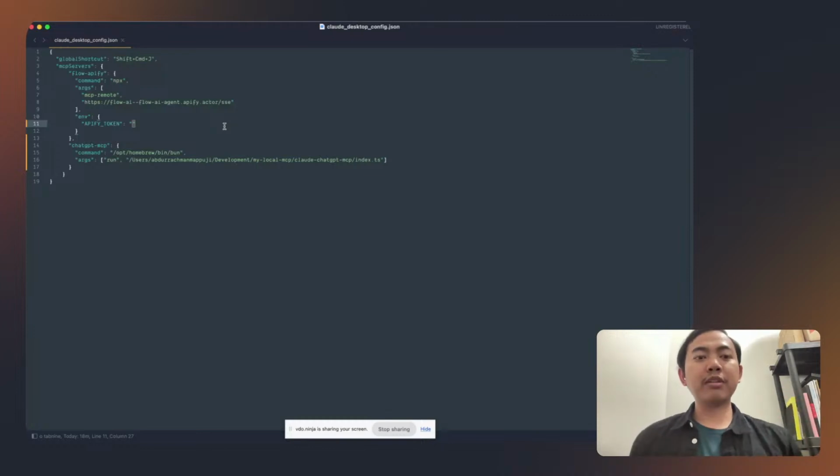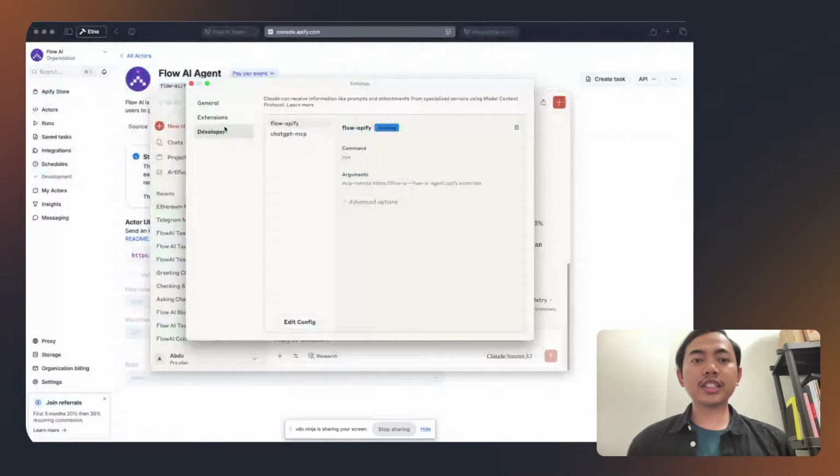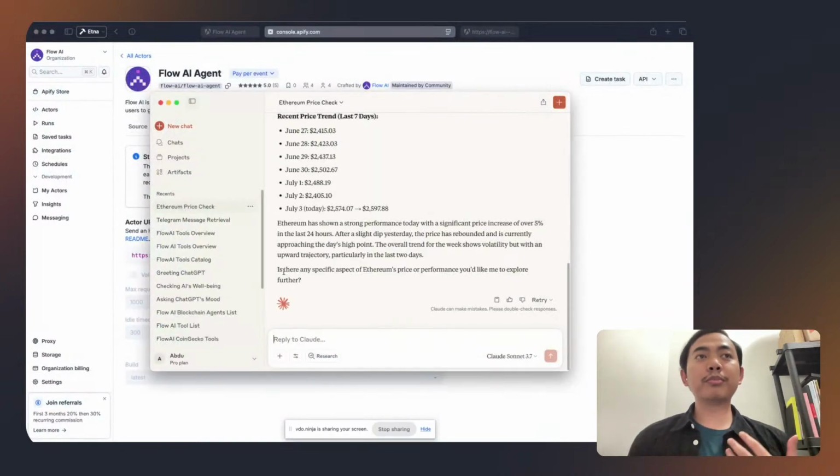You can also put the Apify token. Soon we'll be migrating to OAuth, but for now, let's just use this one. Once you do that, you can go back to cloud, and usually I need to restart and reload my application. But in this case, I already loaded, so I don't need to restart.